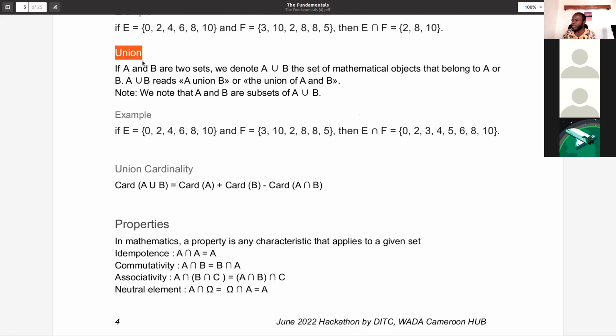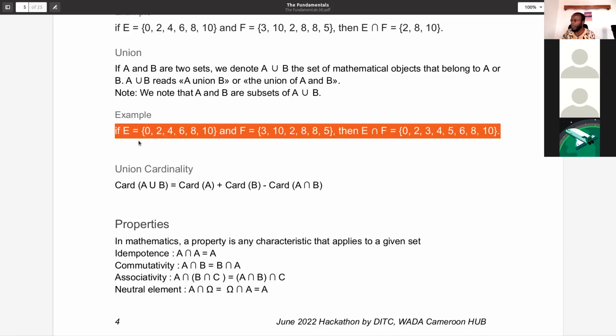So now next we talk about the union. That's how it's noted. When we have two sets, the union is actually just the sum of all the elements. It reads A union B, or the union of A and B. So that's how you would read this. And clearly, if we consider this example,